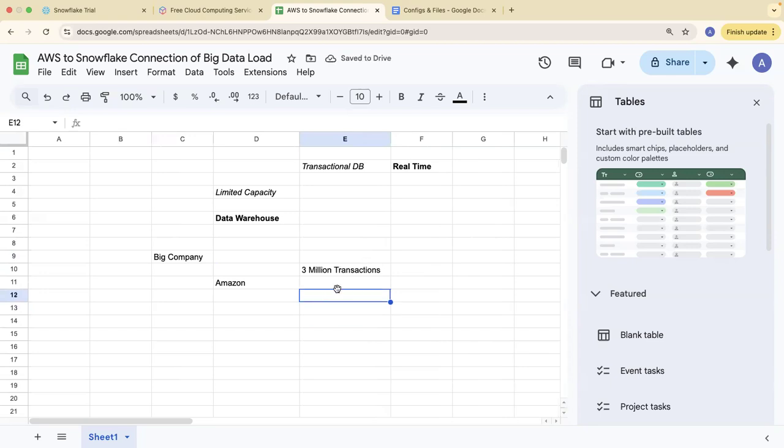Now, in these 3 million transactions, you can have unstructured data, like a particular picture of the product that you have uploaded on your Amazon account, and you have written a review. Or it can be voice data, it can be video-related data.